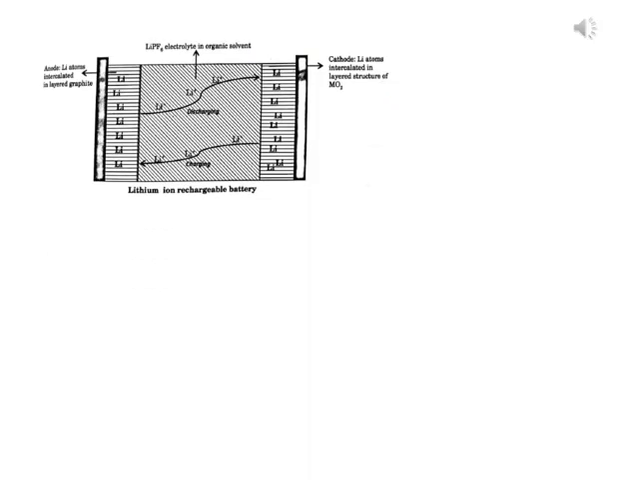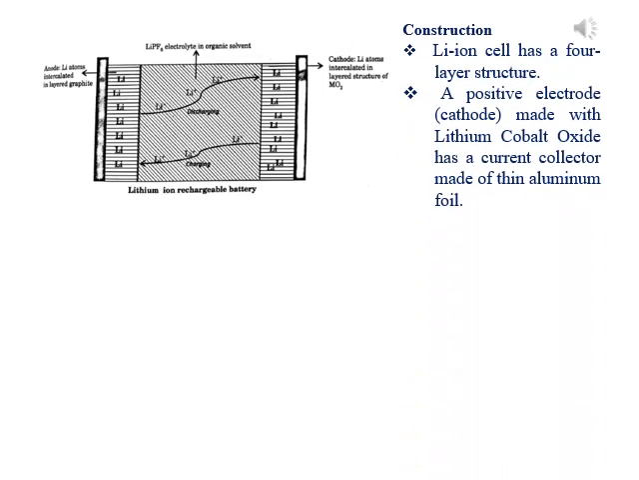This is a schematic representation of lithium ion rechargeable battery. Let us discuss about the construction. Lithium ion cell has four layer structure. A positive electrode, that is cathode, which is made with lithium cobalt oxide and has a current collector made of